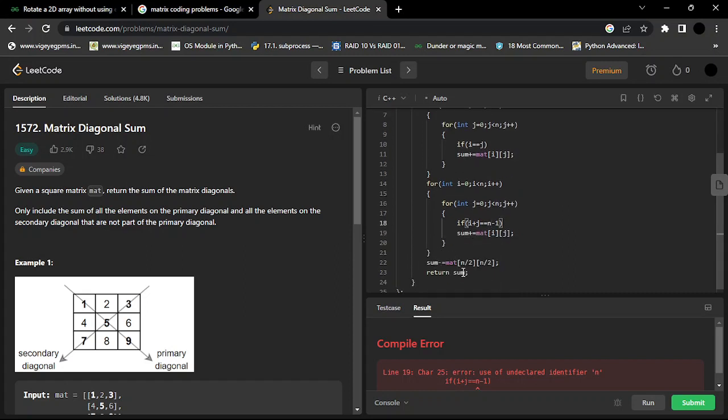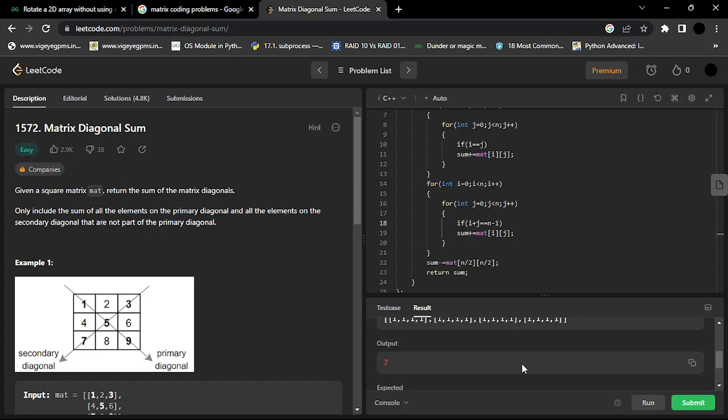Then here sum should be. So I think everything is right. Let me run. So I am getting a wrong answer. Why? The answer is 7, it is showing me 8. Why? Because